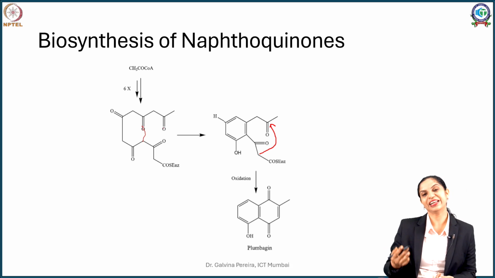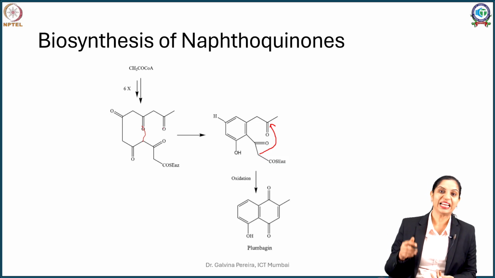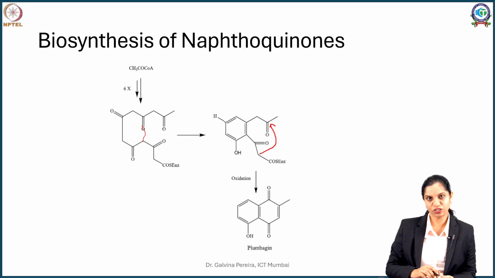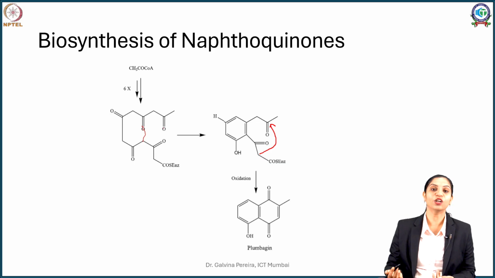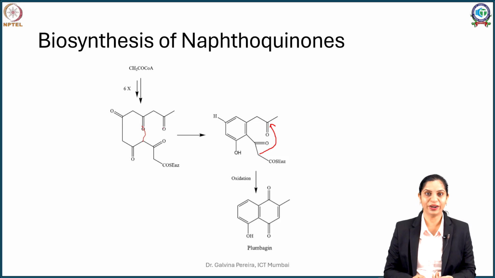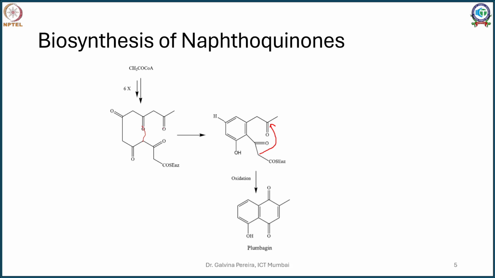So it's basically a very simple process wherein your polyketides first reduce, join, and cyclize to give you a cyclic structure. Thereon it undergoes oxidation to add a quinone moiety, and some of these ketone moieties undergo reduction to develop hydroxy substituents on the quinones. So naturally, most of the anthraquinones you will find are hydroxy substituted.